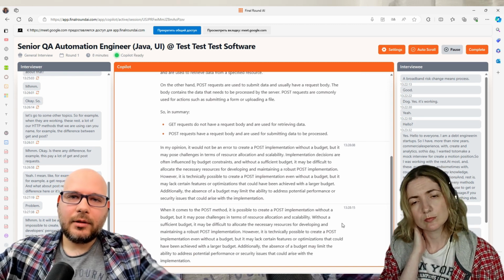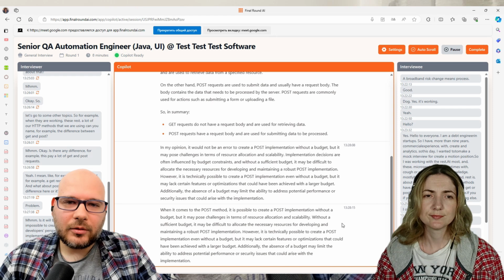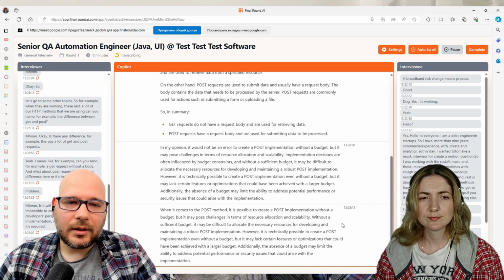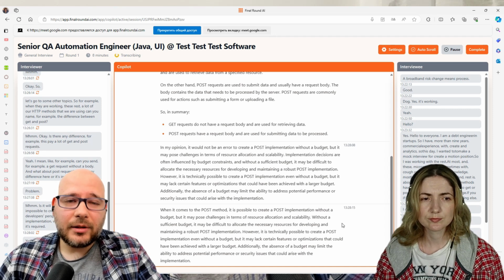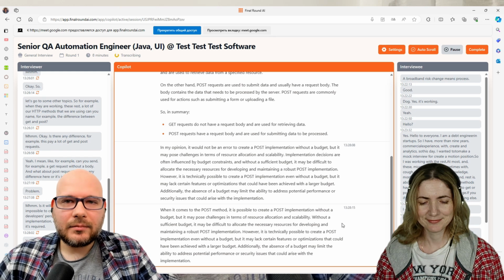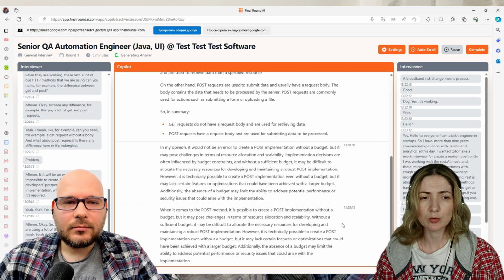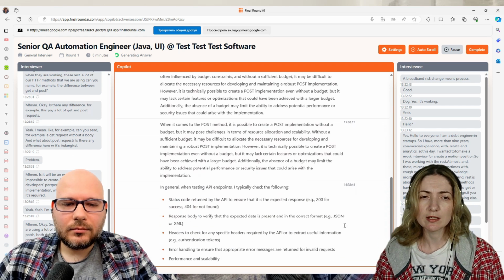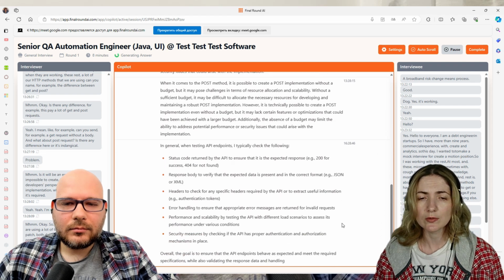Okay, so usually on our project, we are using a lot of things. We are using POST, PATCH, PUT, DELETE, etc. But in the general way of testing, what are you checking, like status code, maybe something else? Can you tell me what your typical scenario is? First of all, I check the status code. If I see something like 200 and so on, it's okay for me.